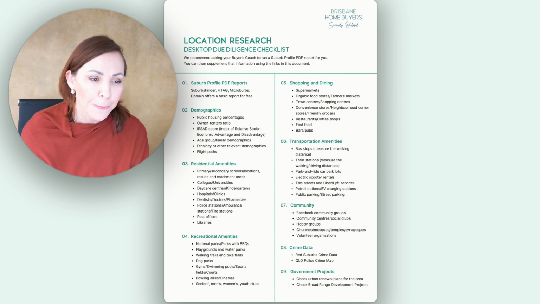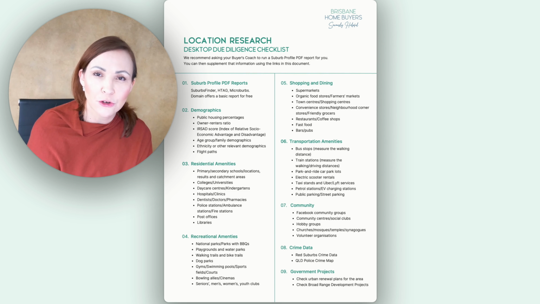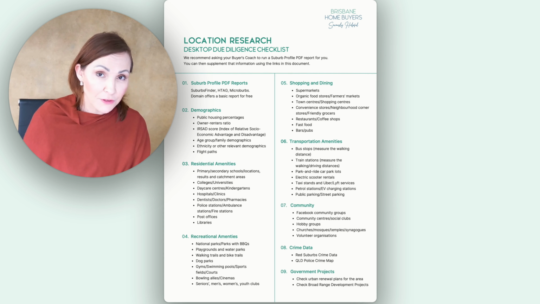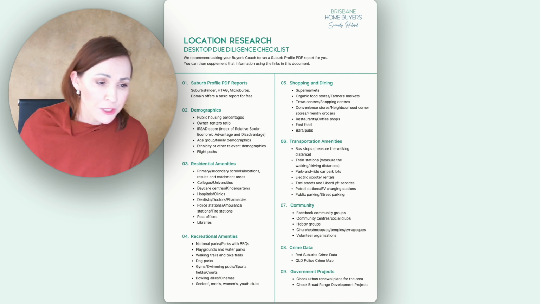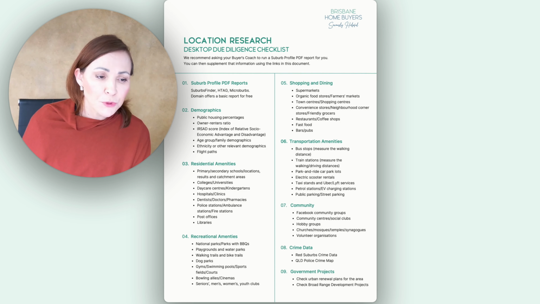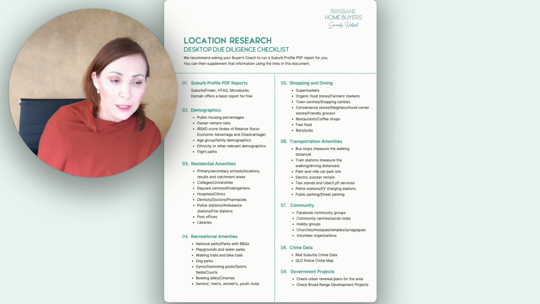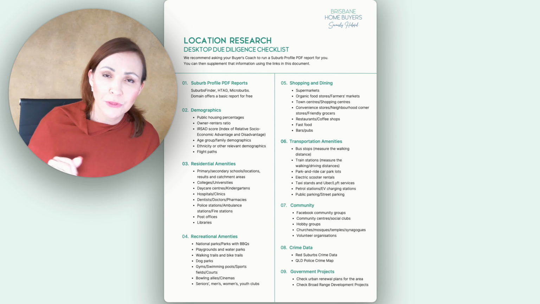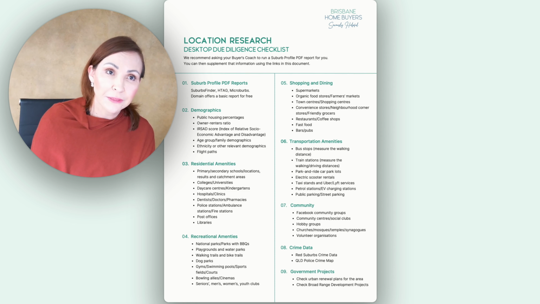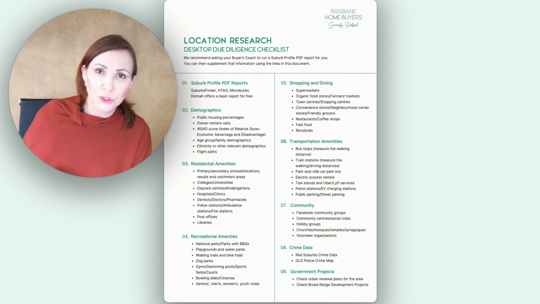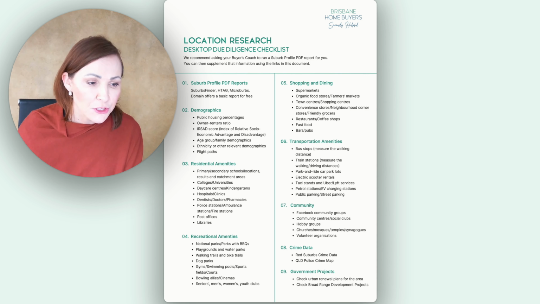Residential amenities. The locations of the schools and the catchment areas. Just in case you didn't know, some private schools have catchment areas and public schools have catchment areas, so know what catchment area you're in. Colleges, universities, daycare centres, kindergartens, hospitals and clinics. If it's important to be near a daycare centre, it'd be great if you could pinpoint those on a map and see whether you could easily get there in 5 minutes on your way to work, and work out the logistics of that. Post offices, libraries,